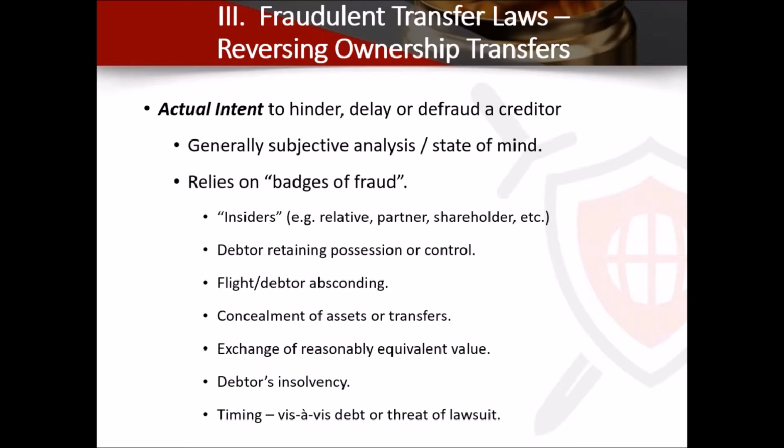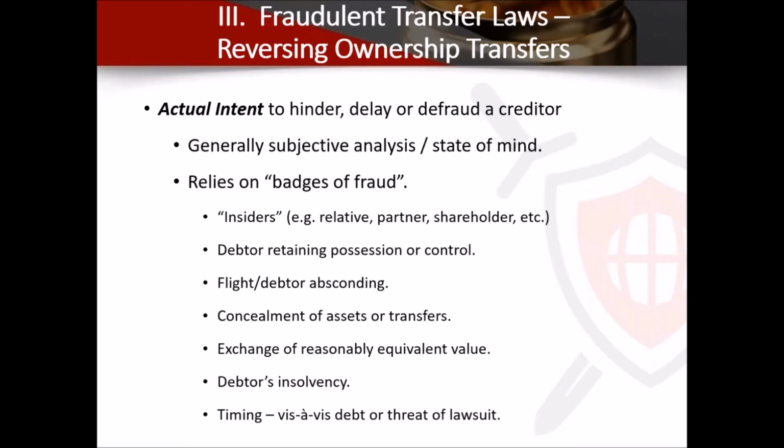If a guy was running out of his house, he had a bag of cash, he was in a big hurry, he didn't lock his front door, you know what I mean? And he was on the way to an island, that's what they mean by badges of fraud. Flight, you have the debtor absconding, concealing assets. Well, obviously, they're trying to avoid someone. They're trying to escape from paying a debt. That's actual. If you can prove that, you can prove they did a fraudulent transfer.